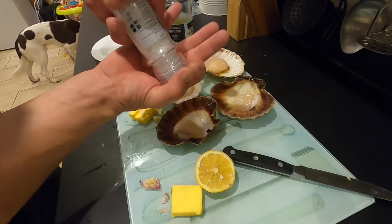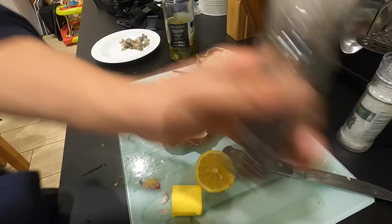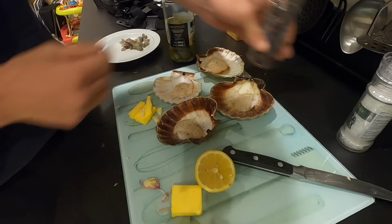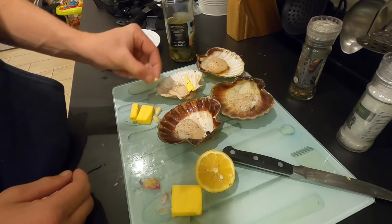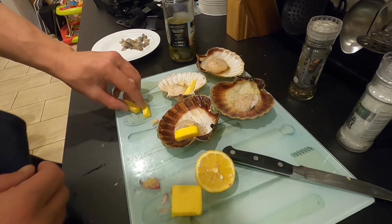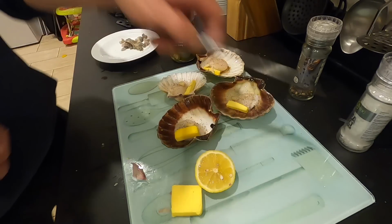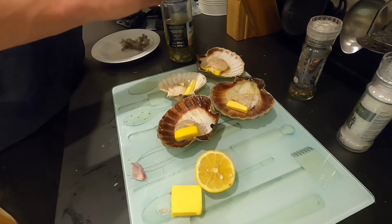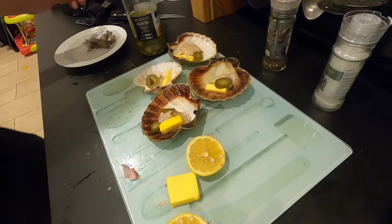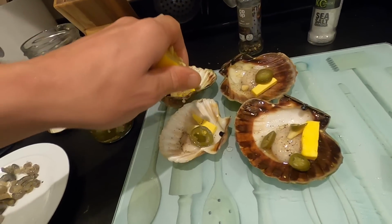So here we go. We're going to salt all of the scallops. I'm just doing this on a whim, by the way. I don't have a certain recipe, but a little bit of black pepper. And we have one piece of Guernsey butter, one piece of garlic on each. One there, one there, one there, one there. Beautiful. And then for a little bit of spice, we'll drop some jalapenos in there. Beautiful. And fingers crossed, that tastes good. And we'll finish it off with a little bit of